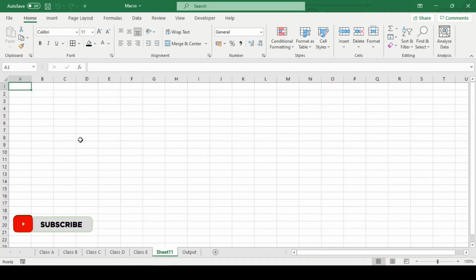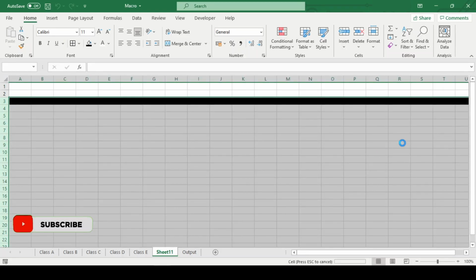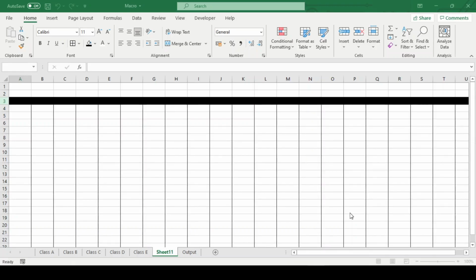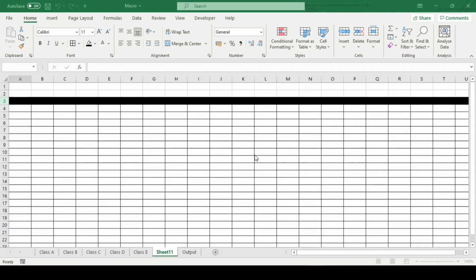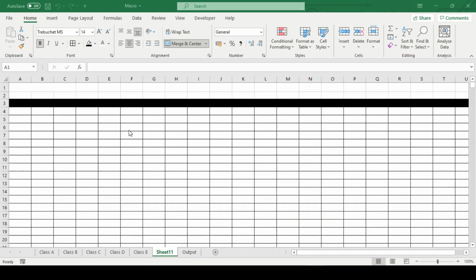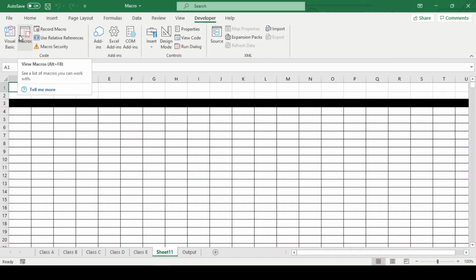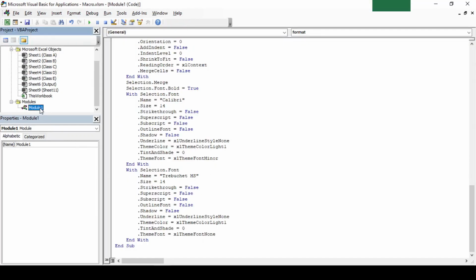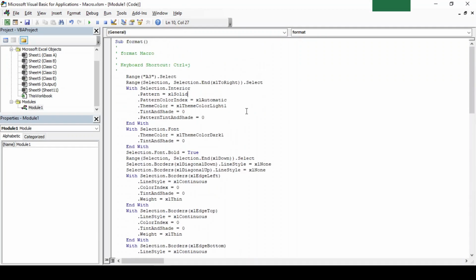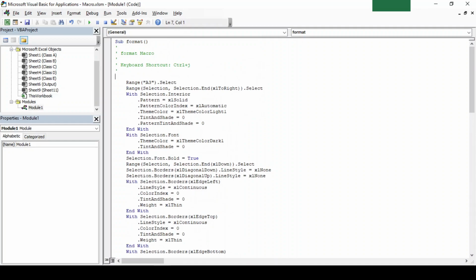Now let's add a blank sheet and see what happens when we use this macro on a blank sheet. So this macro runs irrespective of whether the data is there or not. To fix this, we will have to modify the macro code a bit. We'll go to the Developer tab, click on Visual Basic, go to the module, and just before the range select, we will add a condition.